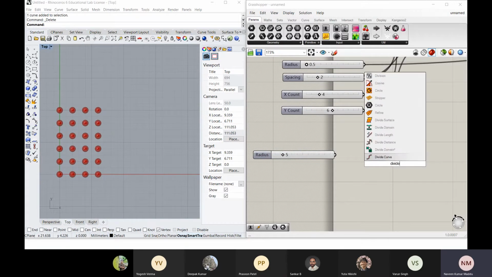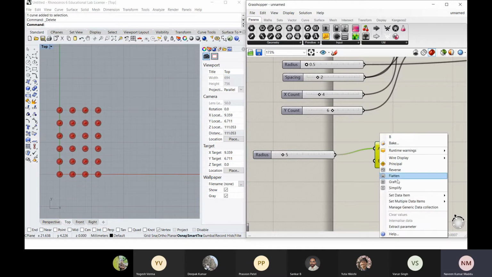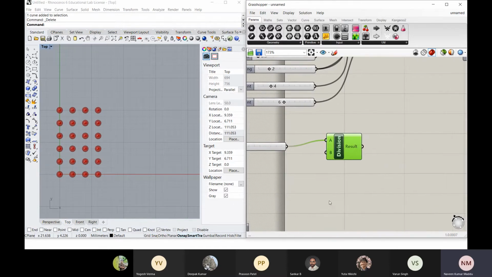You can write division. See, you can have a division here. You can enter the value a here, and b is nothing but the data, your 2. a by b, so the result is 2.5, you can see here.